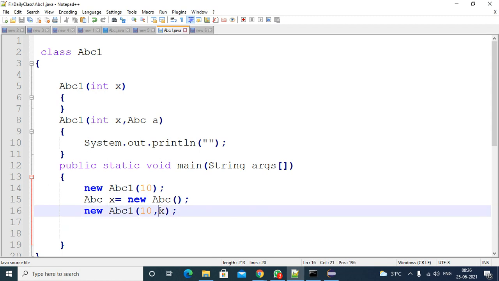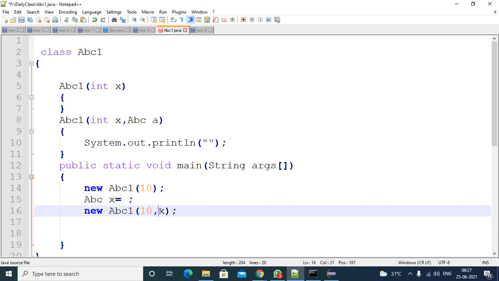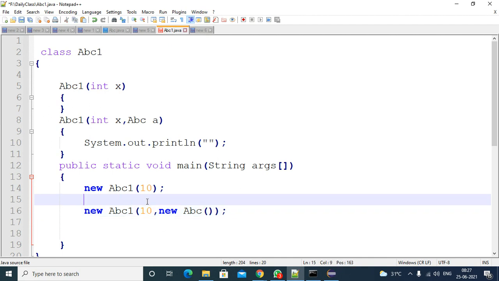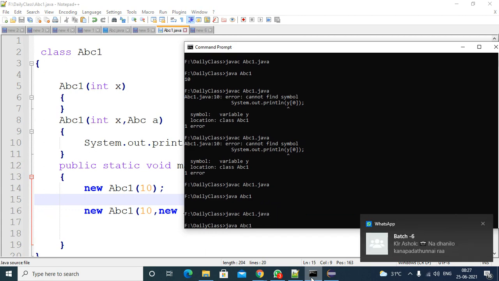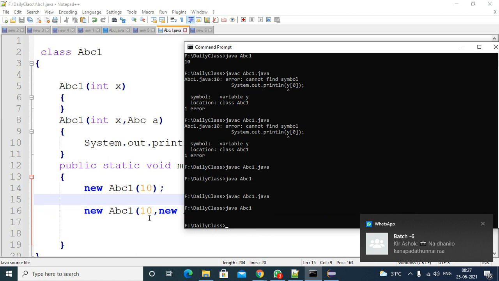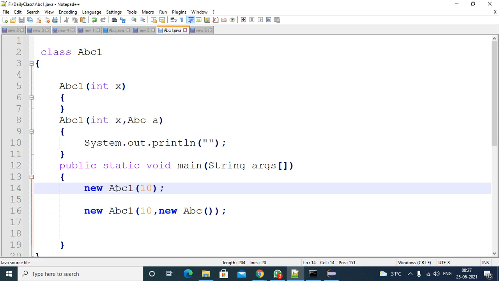So instead of passing x directly, that reference, what is x? This value. You just cut this value, you directly pass it here. This line is not required. Save, compile it, execute it. Right. So in this way you can pass.